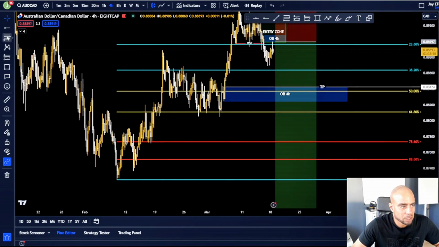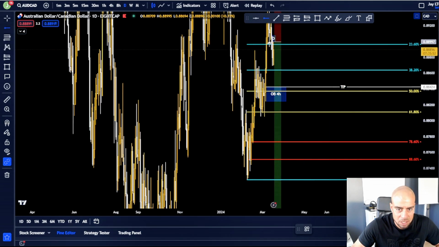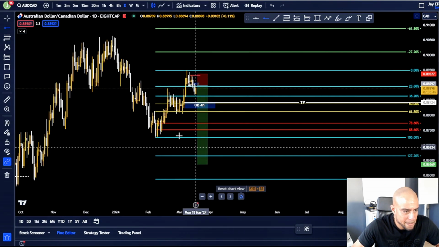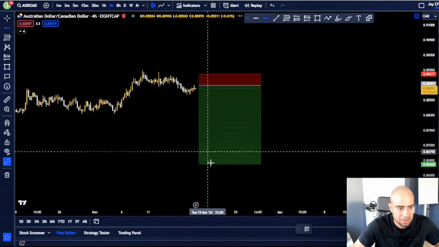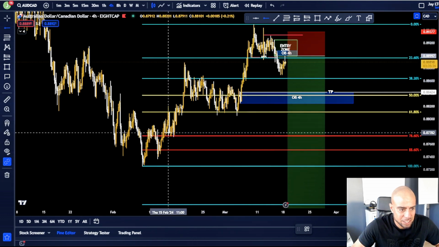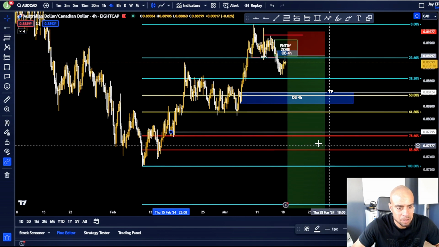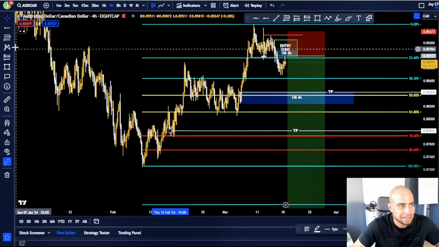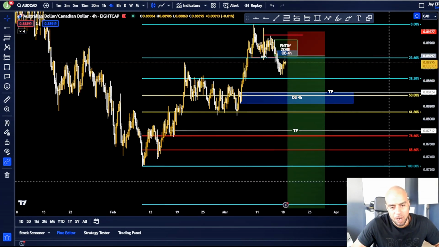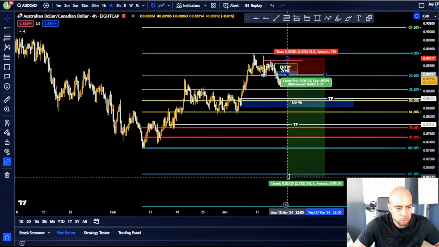Now the next one will of course be these lows down here. Now I will zoom out a little bit to see how it looks like with the order blocks and liquidity levels. No major PDRA down there. It's a lot of choppiness on the daily time frame, but we will definitely see the market tag these wicks and these lows here. A lot of liquidity is resting there, so we're putting our take profit just above. Boom, like that, and that will give us a take profit of 118 pips. So about 118 pips. And the last one, I will let it run down all the way to this level here,